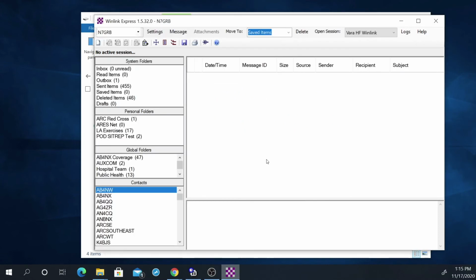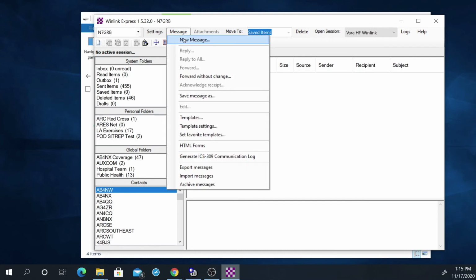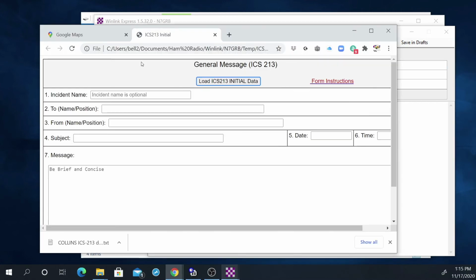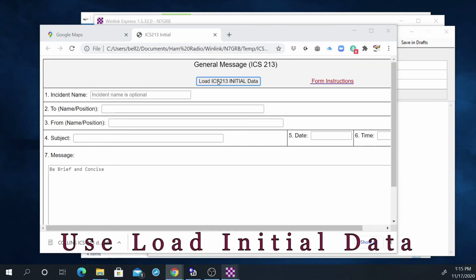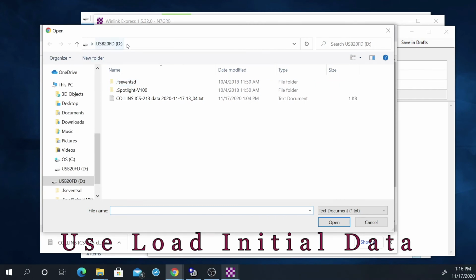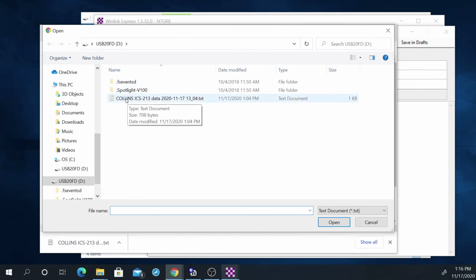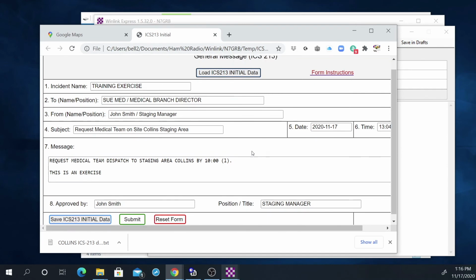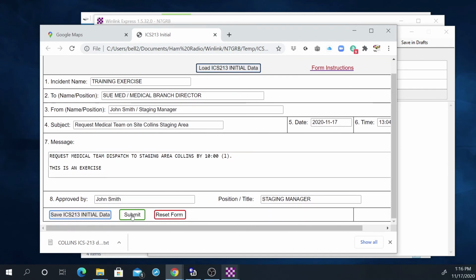Open your Winlink Express application, select Message, New Message. In my case, I have a shortcut to the ICS 213 form. Select Load Initial Data. Navigate on the thumb drive to the text file instructed to send to the incident command post. Open that file. It populates the Winlink Express form. And at this point in time, you follow normal procedures